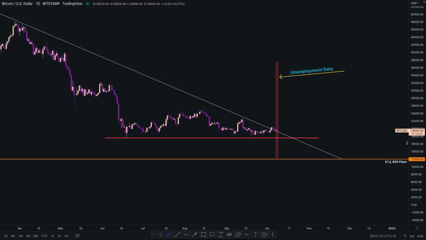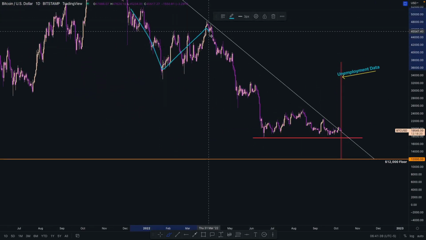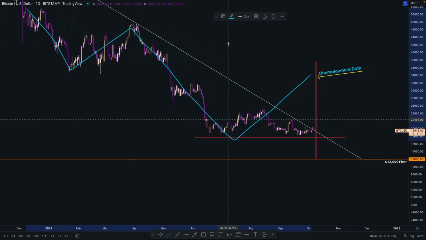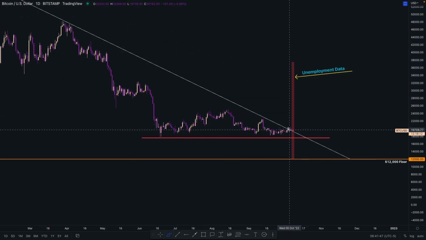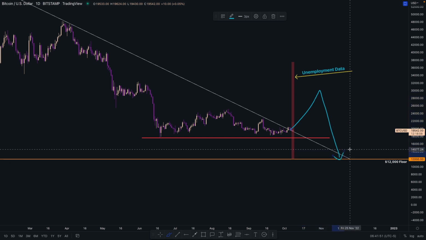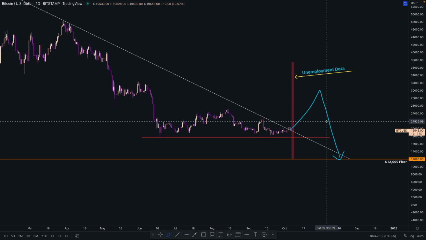But again, if you zoom out and remember that we are just in a macro downtrend, anything below 47,000 is just a lower high. So no matter what happens, people are going to get into the market, and then maybe we get that final capitulation, that final crash, and then we can see our lower lows be made, support being held, and then we got the bull market coming in early or middle parts of 2023, which is just my opinion.